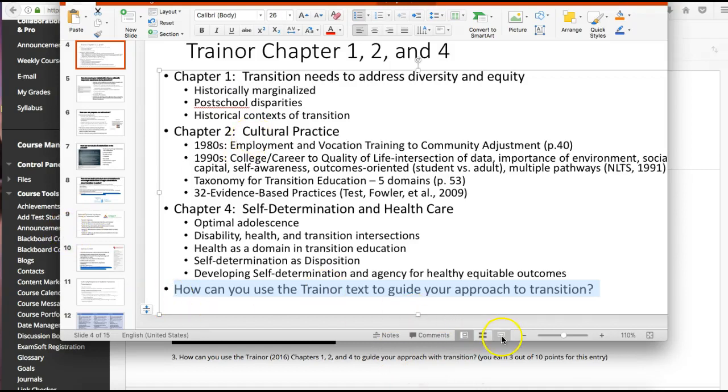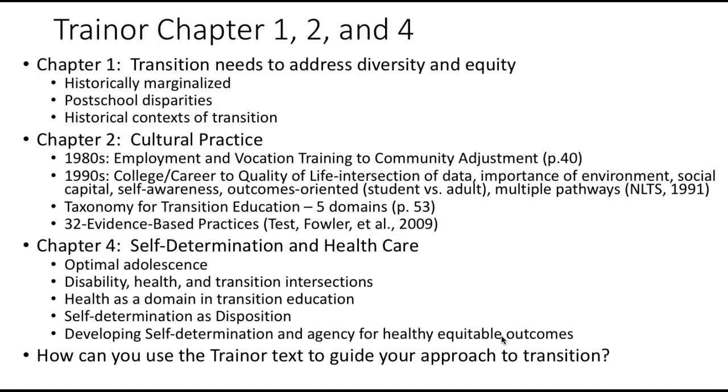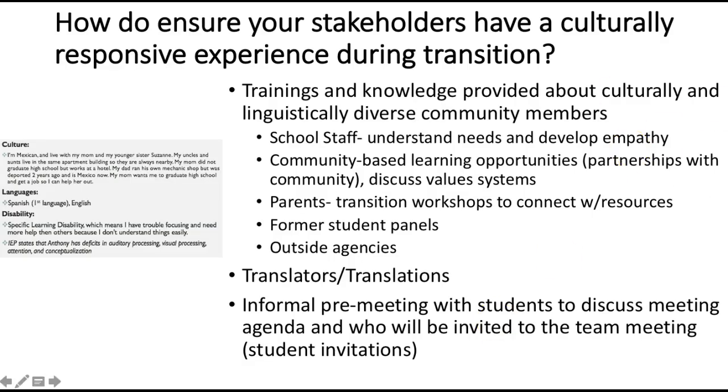So the next piece is around being culturally responsive. I have done some focus groups around these different questions that I'm going to go over. One of them is, how do you ensure your stakeholders have a culturally responsive experience during transition? And my focus groups actually fell right in line with the research. So one is that you need trainings and knowledge provided about culturally and linguistically diverse community members. So this includes the school staff who understands the needs and develops empathy for the diverse groups that they're working